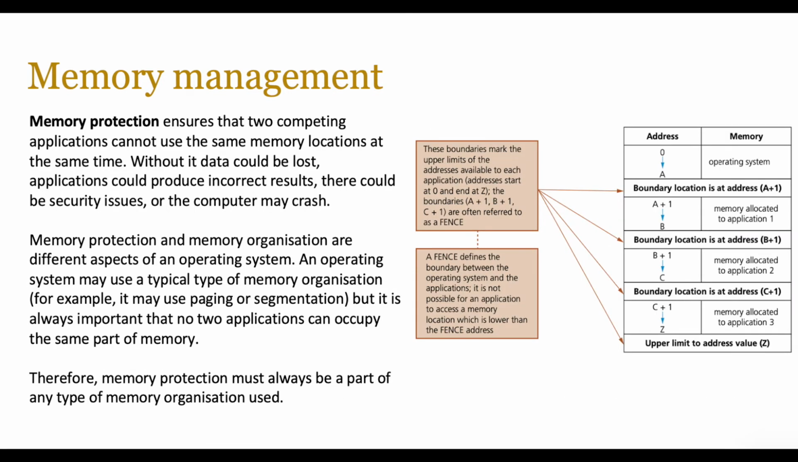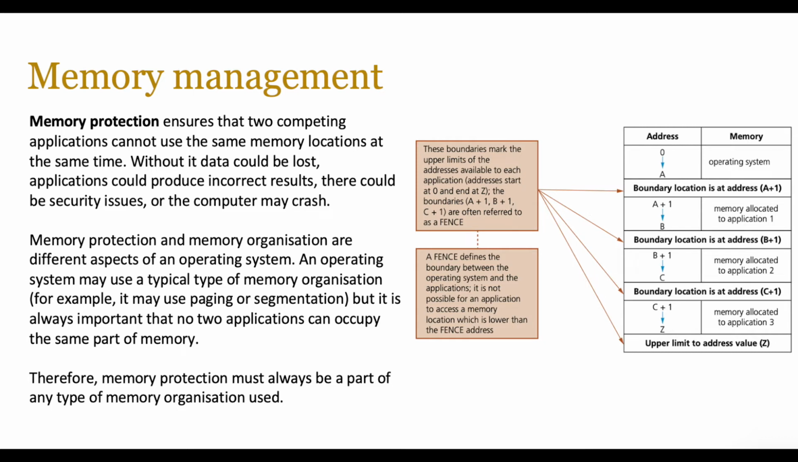The next and the final part was memory protection. And memory protection ensures that 2 competing applications cannot use the same memory location at the same time. Without it, data could be lost, applications could produce incorrect results, there could be security issues, or the computer may